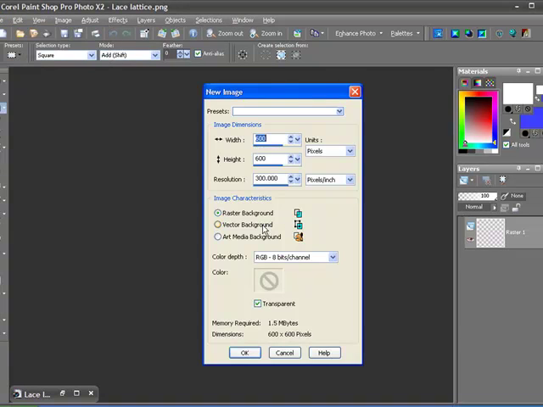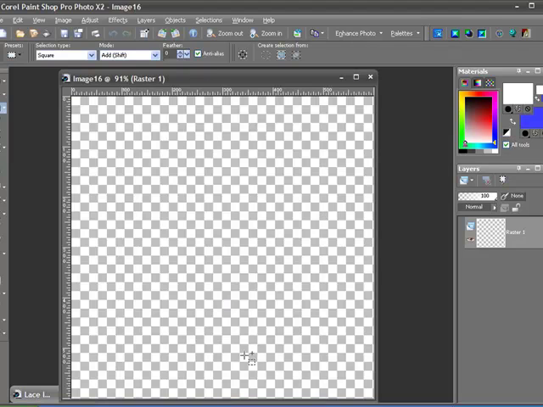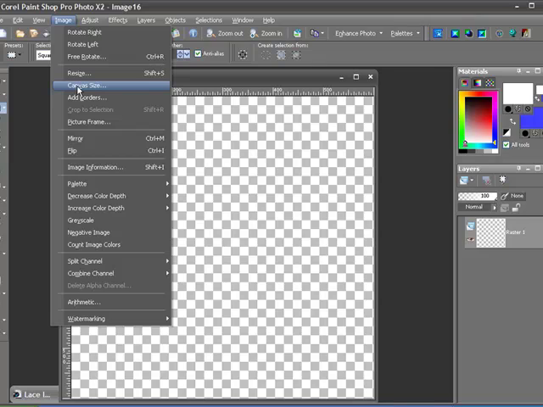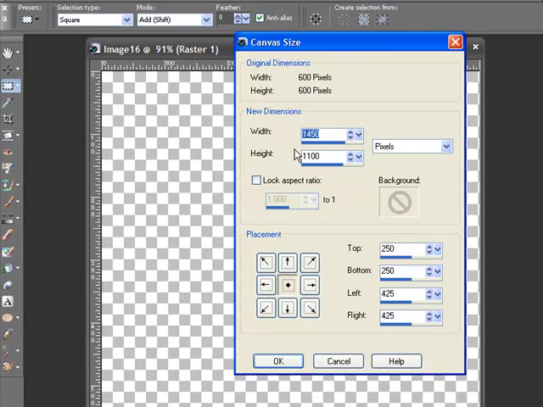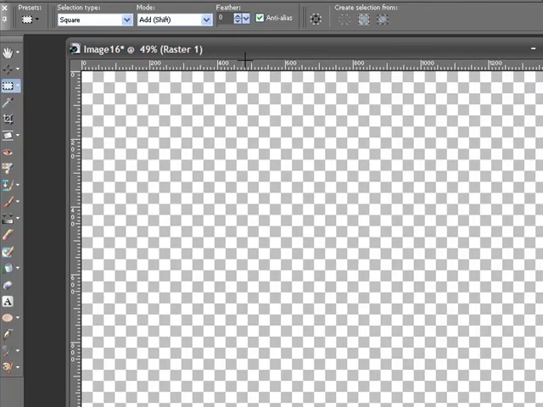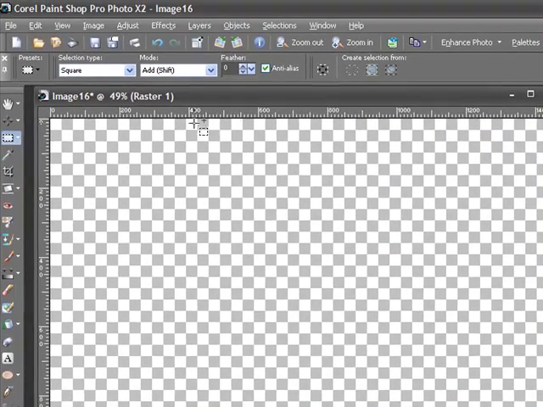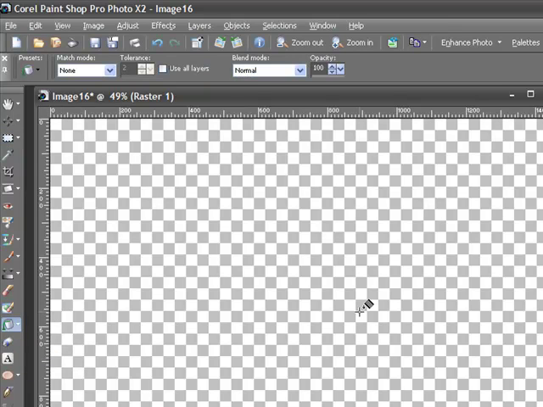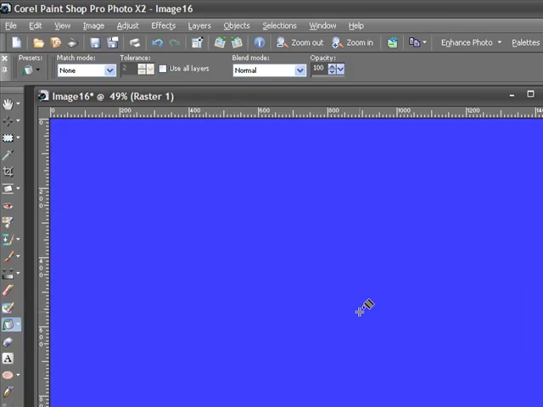So first off we need a new canvas. I always start off with 600 by 600, 300 dpi, but we are going to need lots of room to move, so go Image, Canvas Size. You can put in whatever you want there. I have a set one that I use out of habit, so you can see I've got a pretty big work area. Now, so we can see what we're doing, we need to flood fill our background with a darkish sort of colour, so I'll use